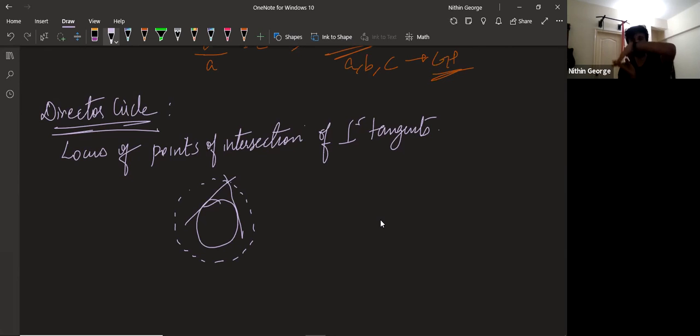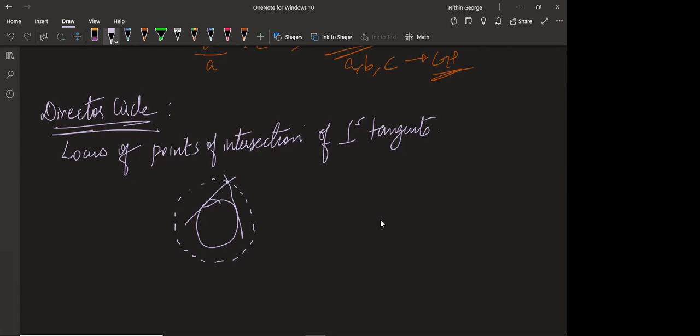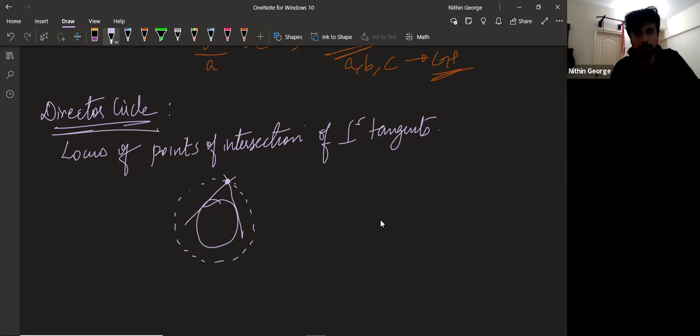Are you following? Yes, sir. So these perpendicular lines will intersect at a point whose locus looks like a circle. Since they are perpendicular, you can do this. Here the center will be there. This will also be perpendicular, right? This is a normal and a tangent, they are perpendicular. That is why this turns out to be perpendicular. So here we get a rectangle.